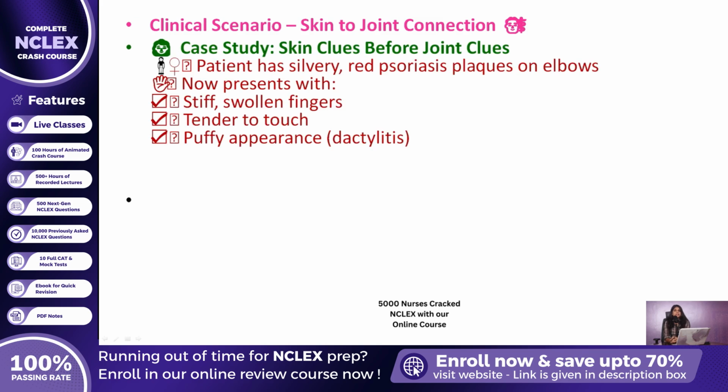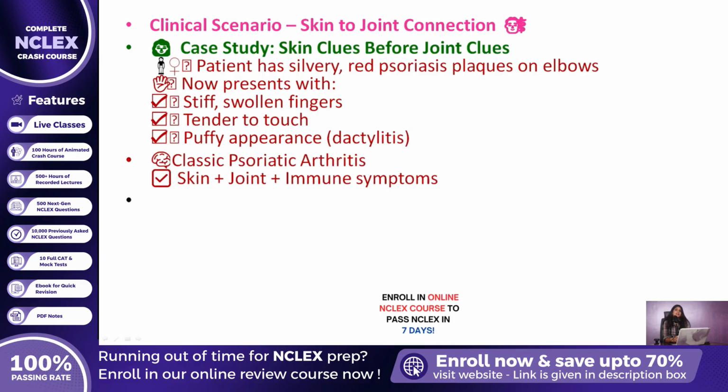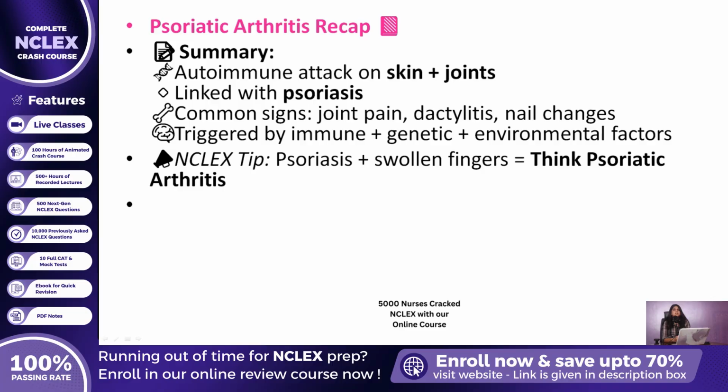A patient who already has those silvery red patches of psoriasis on their elbows now comes in complaining of stiff, swollen fingers that are tender to touch. That is psoriatic arthritis in action, an immune system double attack, targeting both the skin and the joints. When you see skin lesions paired with joint pain, always think of this